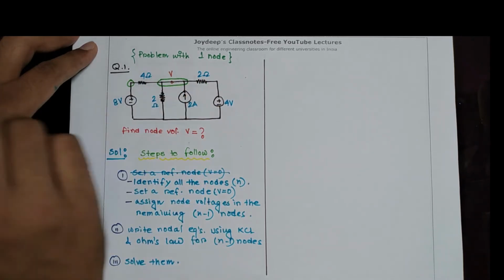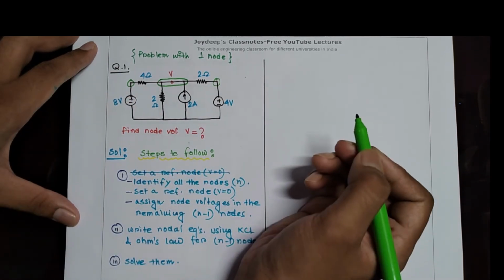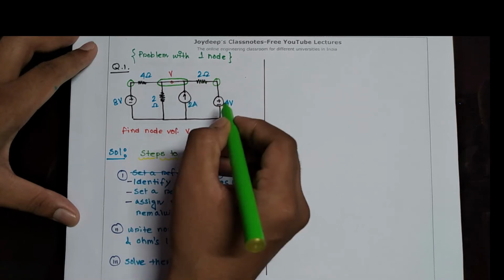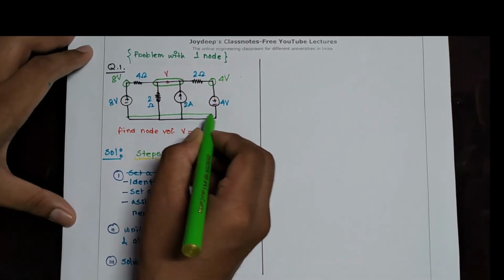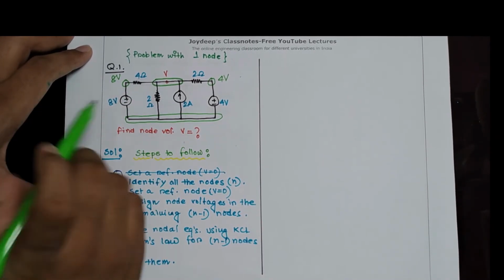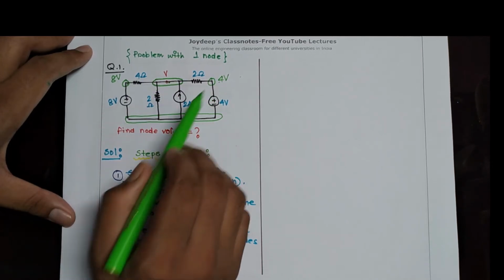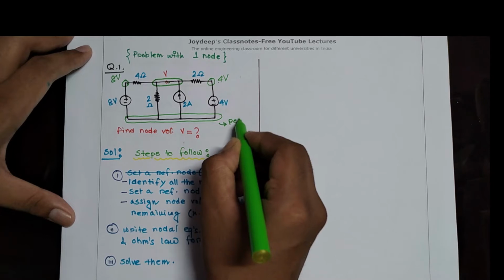Assume that voltage to be V. And that's another node, because this is a circuit element, this is a circuit element. That means 2 branches are connected at this node. So this is our reference node. So the total number of nodes is how much? 1, 2, 3, and 4. Out of these 4, this is your reference node.